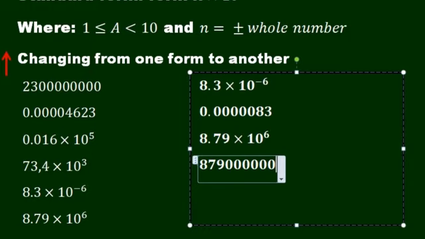Now, where are we going to put our comma? We have 2 decimal places here. So we are going to put our comma here, so that we can have our 2 decimal places there. That's what we do when we are changing numbers from standard form to ordinary form. So at the end of the day, we lose our zeros there, and we remain with 876 00000 there. That's what we remain with. I hope this has helped us to know how to change numbers from standard form to ordinary form, or from ordinary form